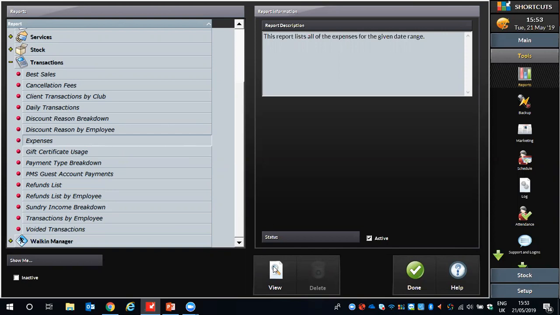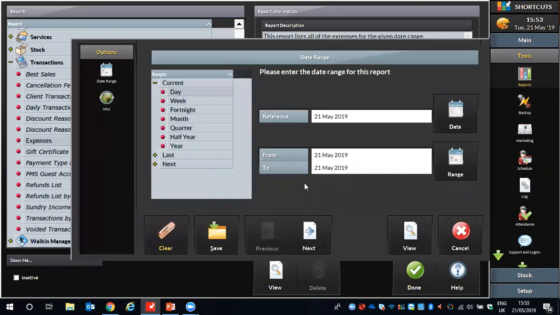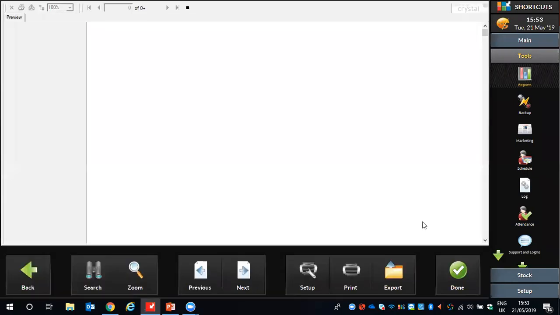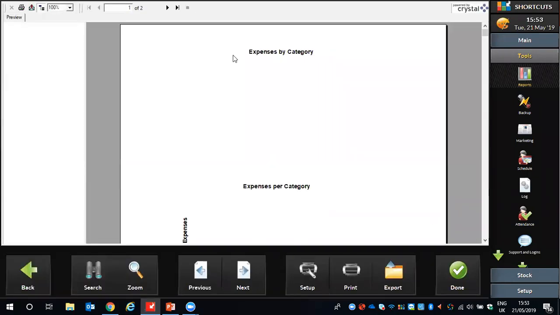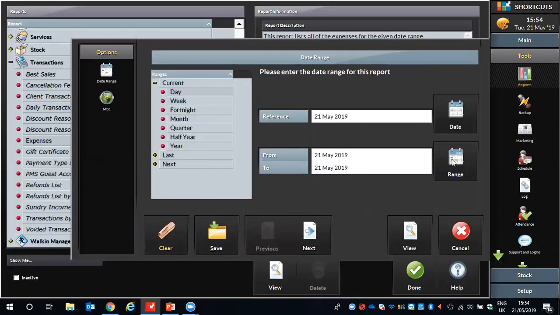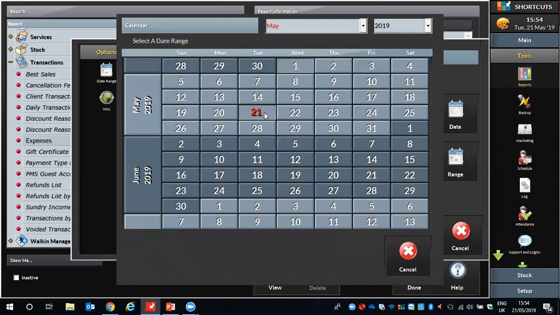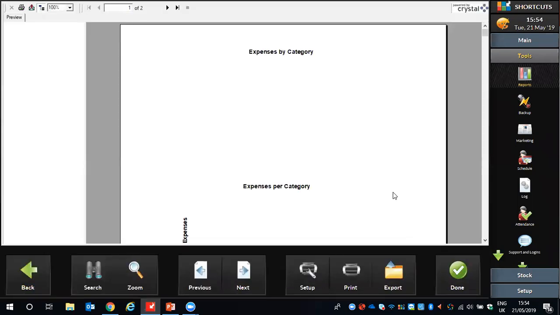So these are all of the types of reasons people may be taking money out of your till for expenses. Okay, so I don't think I've actually taken anything for today. No, I haven't. So let's just see if we can find something else. See if there's anything for this month. No. Okay, so unfortunately there's nothing pulling through on this report because nobody has taken any money out of the